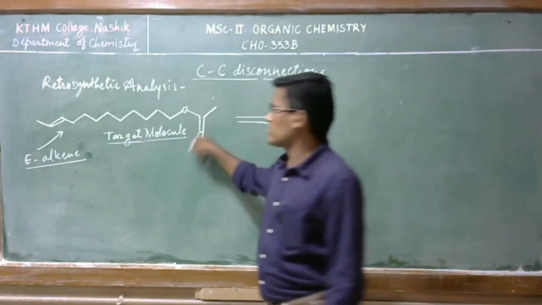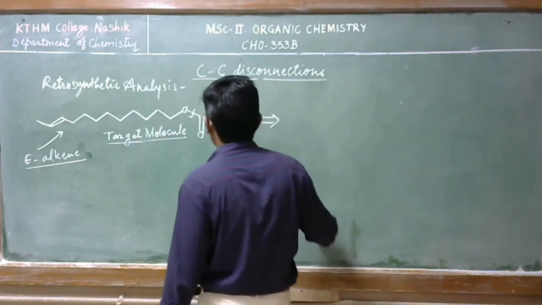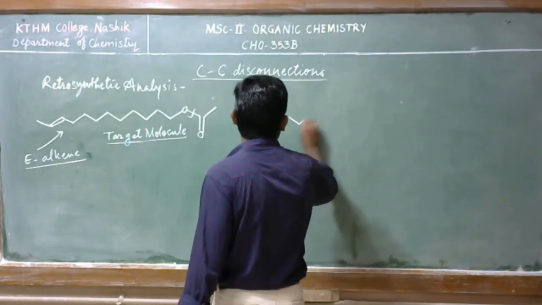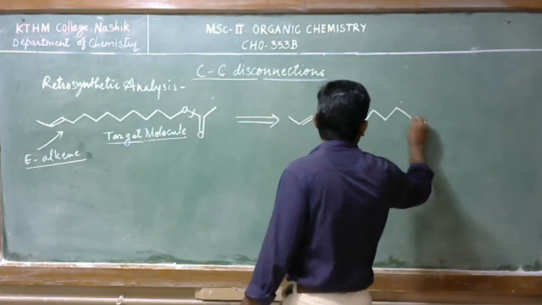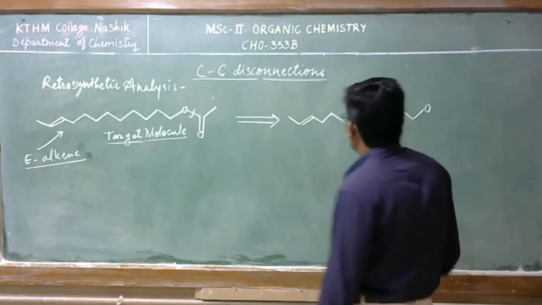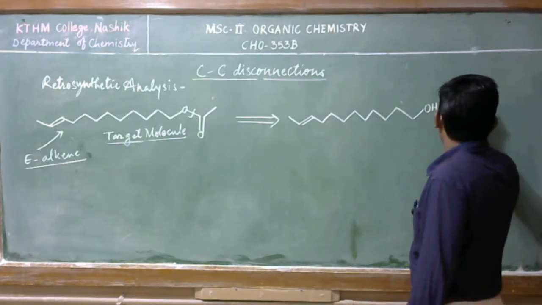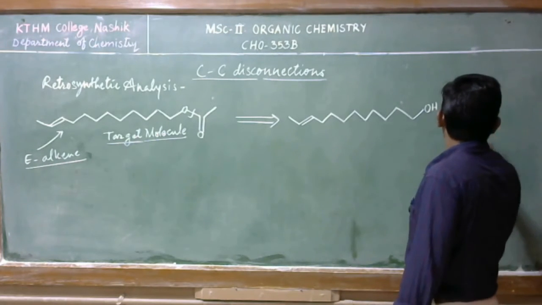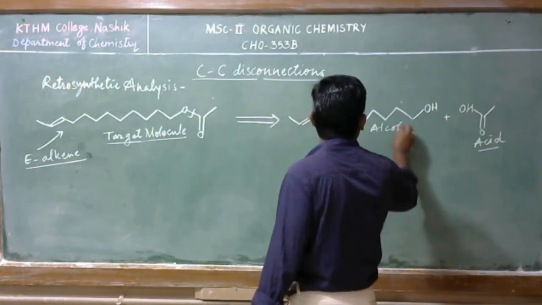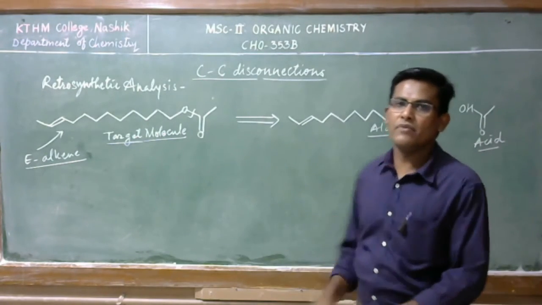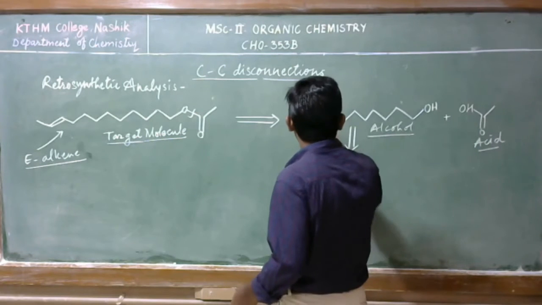First of all, we have this ester group, so we can cleave this bond. It will have the negative charge, so it will acquire this proton, and this will be acid. Okay, this is acid, and this is alcohol. So now this substrate will be treated as a target molecule. So let us put this arrow,